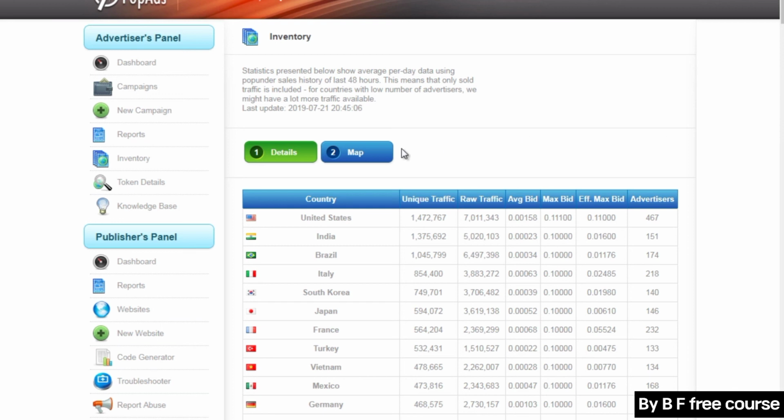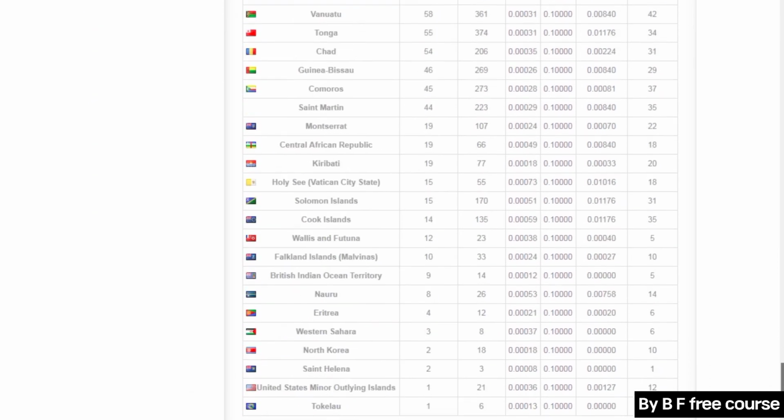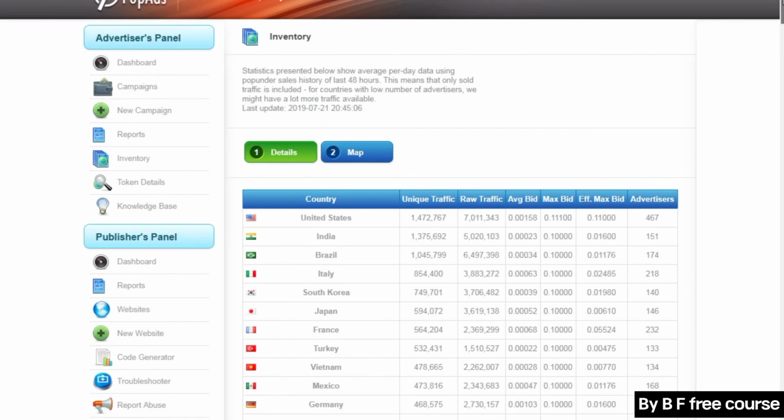So what this allows you to do is see the opportunity of where your ads may appear. So the best thing to do when you create a campaign is to target a specific country and very specific either mobile devices or desktop computers. And you kind of want to split test things there. So maybe you only target USA, a mobile device using cellular connection, certain things like that. So this allows you to see all the countries and where all the traffic is coming from. Now, you're not able to see it, but basically on the top right-hand corner, I can see my balance of how much money I have in my account, but I didn't want to show that because the name is up there as well.